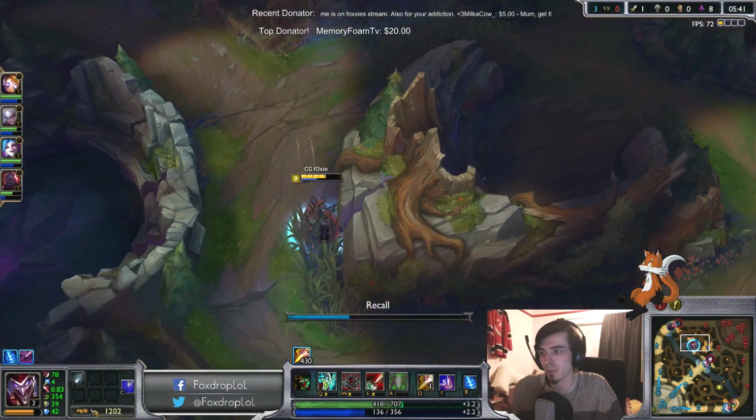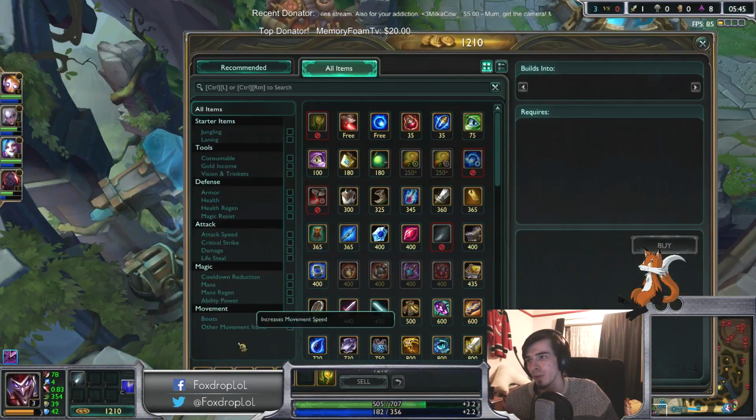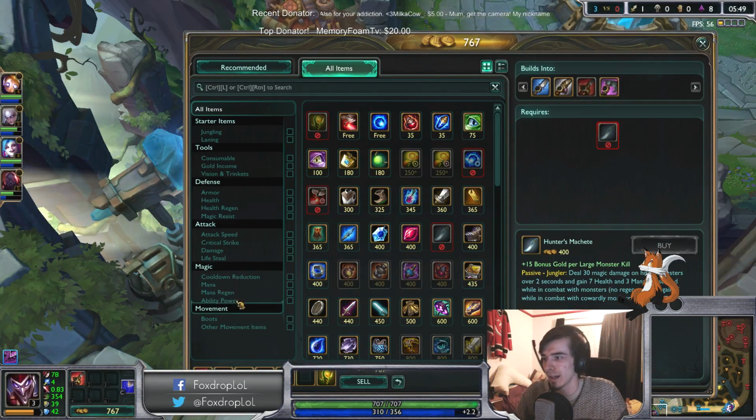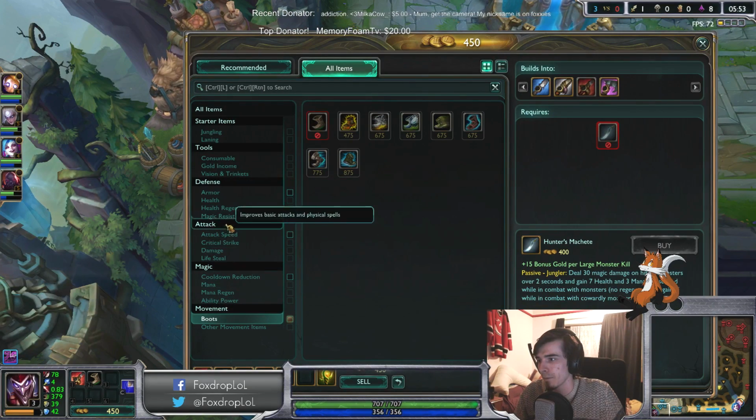Alright, so we managed to piss off this Rengar a lot as well. When you're playing Shaco, that's kind of what you want to do. You want to be as big of a nuisance as possible. And I think I'm achieving that quite well here. Now I'm going to go for...